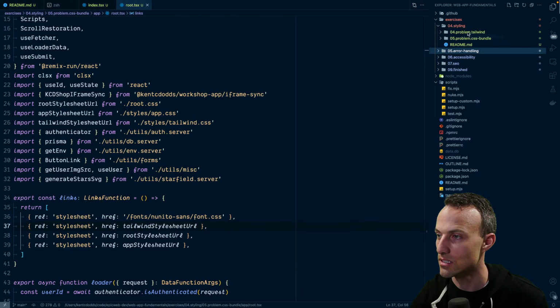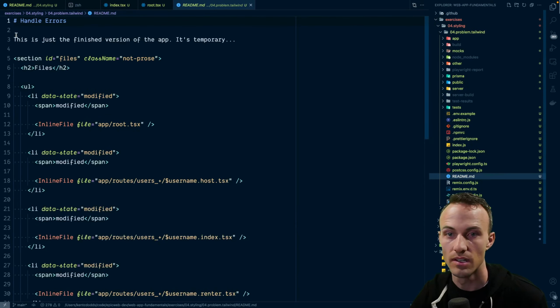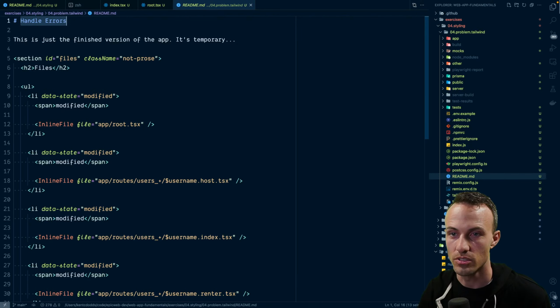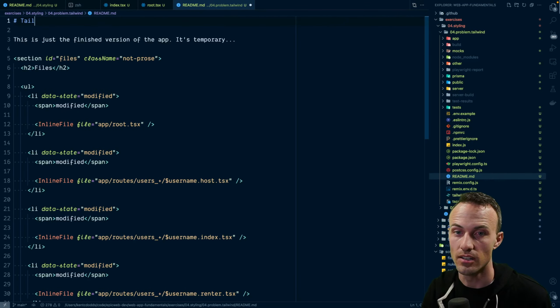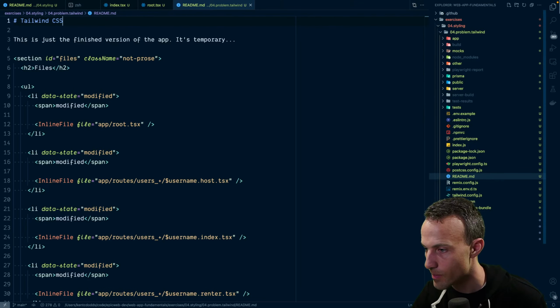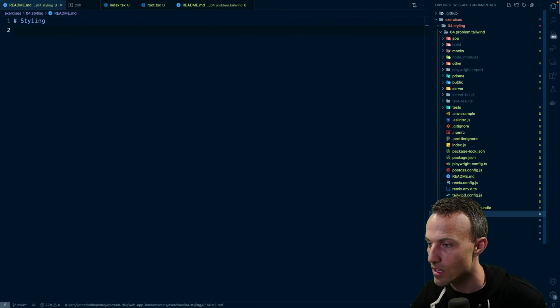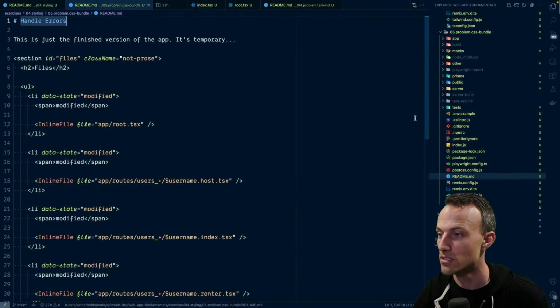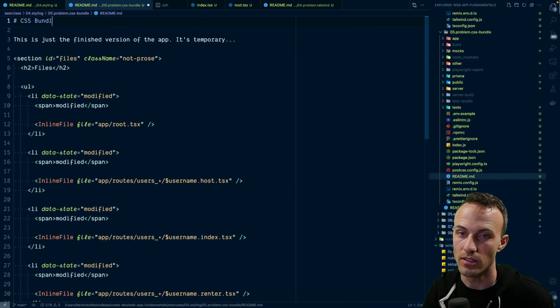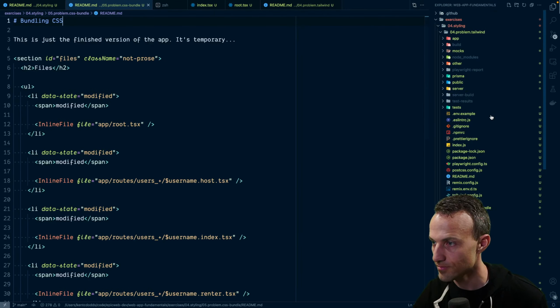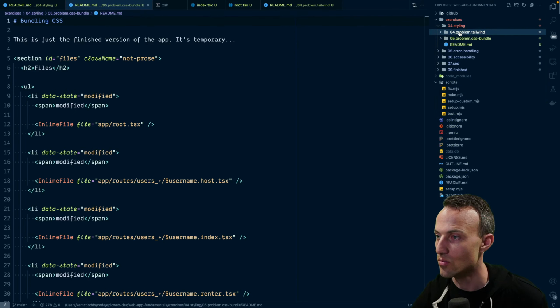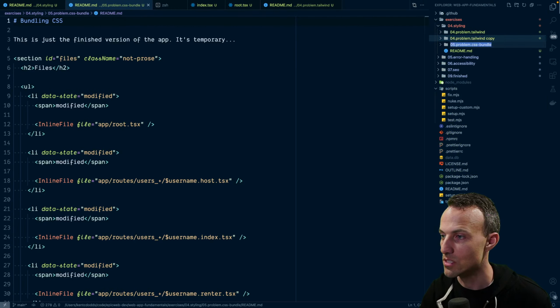And then, let's give this a name. Oh, handle errors. Whoops. This is going to be Tailwind CSS. Yeah, I named this, but I did not fix the name in this README. And this is CSS bundle. Bundling CSS. Okay, great. And then, oh, and these are not problems, these are solutions.